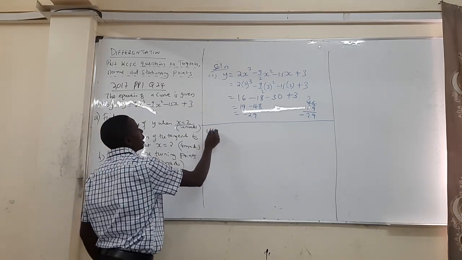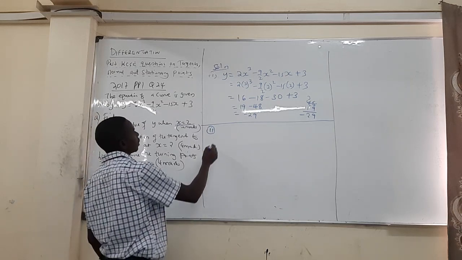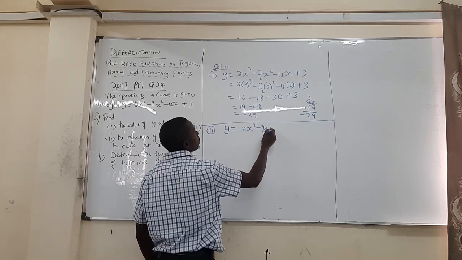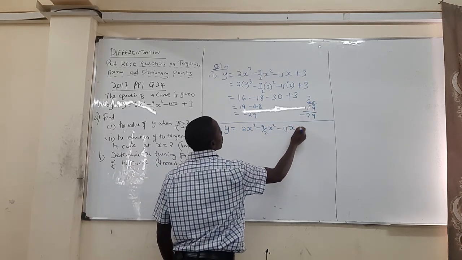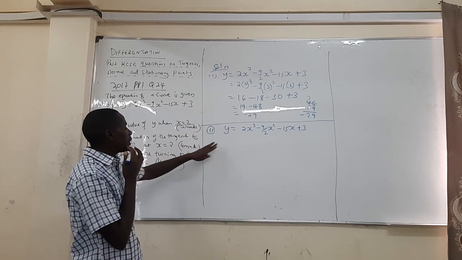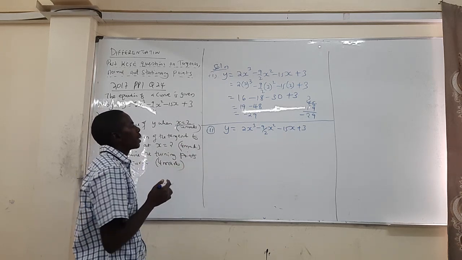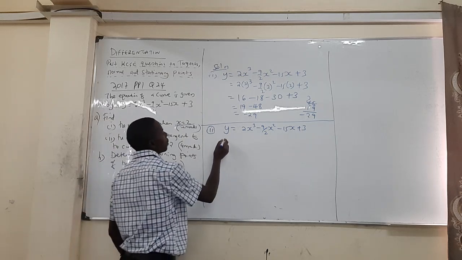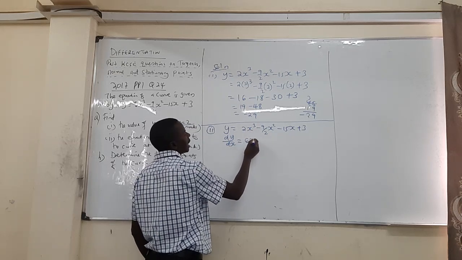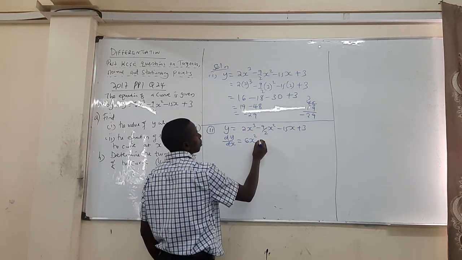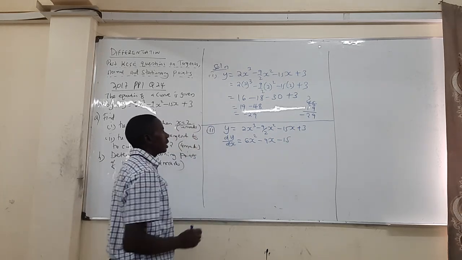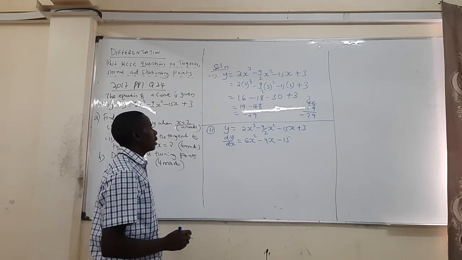So in this case, you need to get the derivative. Our curve is 2x cubed minus 9 over 2 x squared minus 15x plus 3. To get the equation of the tangent, we first need the gradient of that tangent, or the gradient of the curve at that point. So we get the derivative dy over dx. We're going to have 6x squared, then minus 9x, then minus 15. So that is our derivative